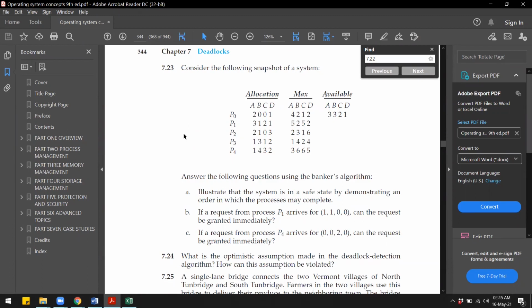The next one is 7.23. For 7.23, you will do this question on your own, looking at the previous two examples that we did, and at the end you will have to submit the solution for this in the Dropbox. Last week there was no submission, so this week we have one submission, and that is you will submit the solution for 7.23. Make sure to show all the workings, and that is all for this video.